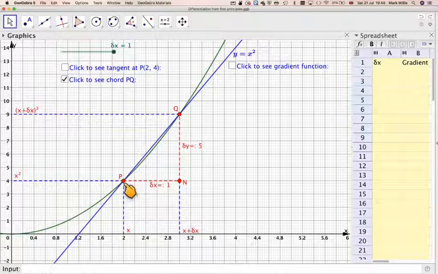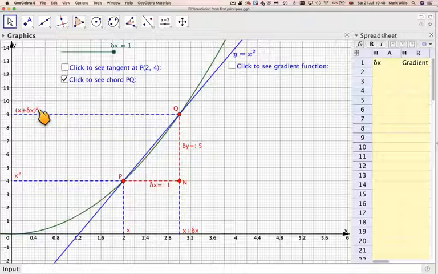So we've got the point P where we're trying to find the gradient. We take another point Q, and if the x coordinate of P is x, then the x coordinate of Q will be x plus a little bit of x, or x plus delta x. The name uses delta x, but you can think of it as x plus a little bit of x. Now the y coordinate of P is going to be x squared, but the y coordinate of this point Q is going to be x plus a little bit of x